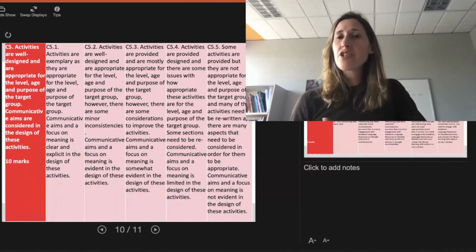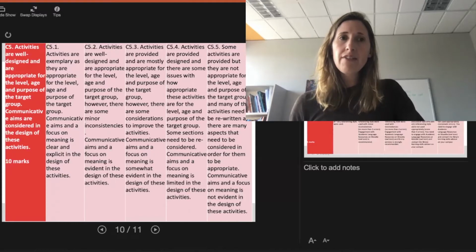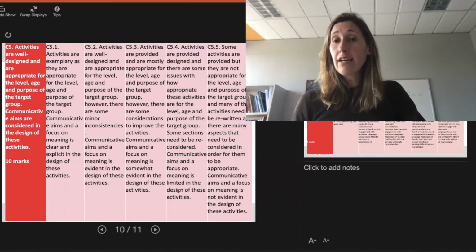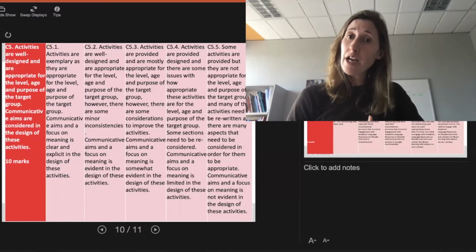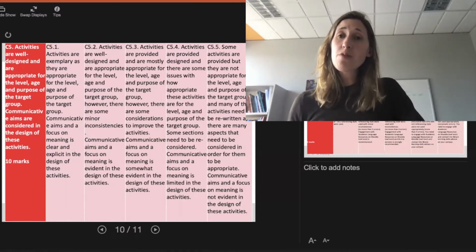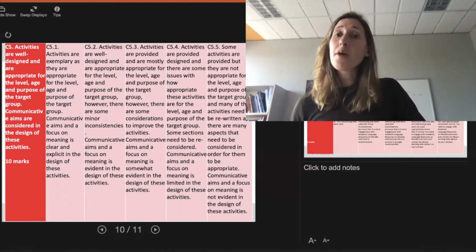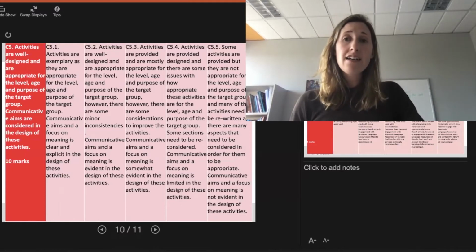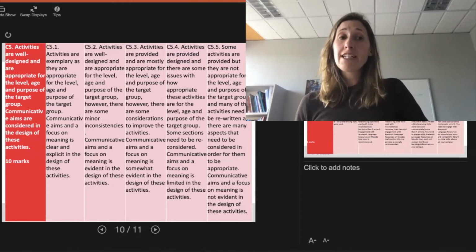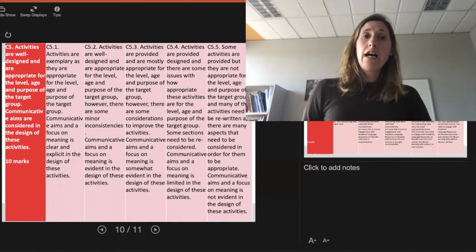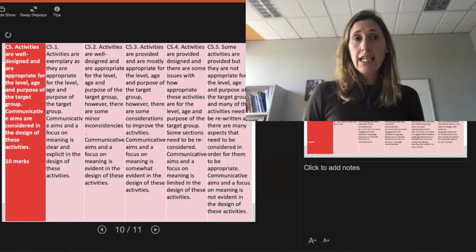And then the idea is that the activities are well designed. Again, you're not doing a whole lesson plan on these, but you do need to make sure they're appropriate for the level. So you need to identify the level of the students. Are they year 3 students? High school students? University students? And then the activities need to be appropriate for that. If you're singing Old MacDonald Had a Farm in a university setting, it may not be authentic or appropriate for that context. You also need to mention the communicative aims. How are you actually encouraging communication and interaction? This is really the development of those key activities.